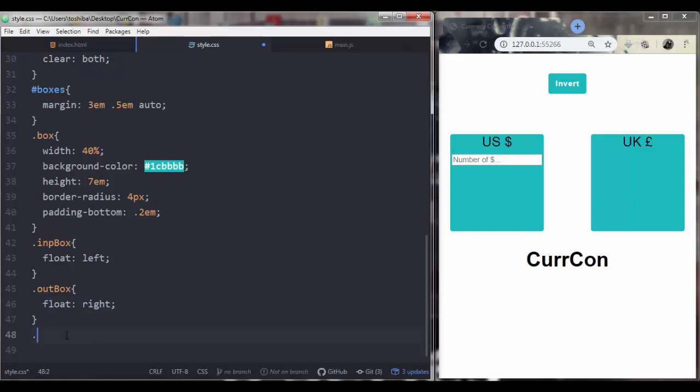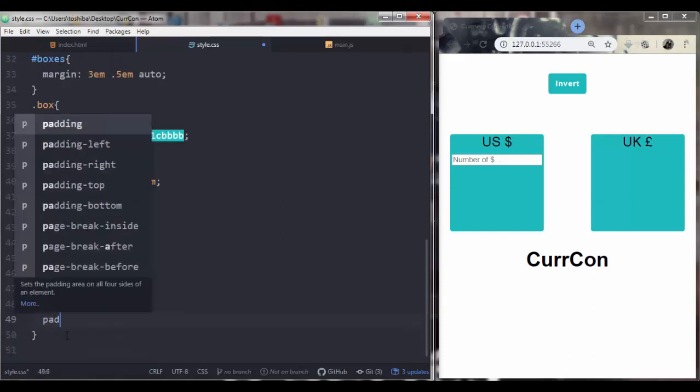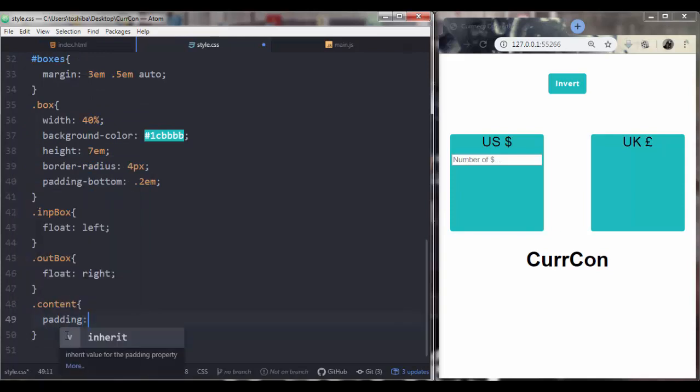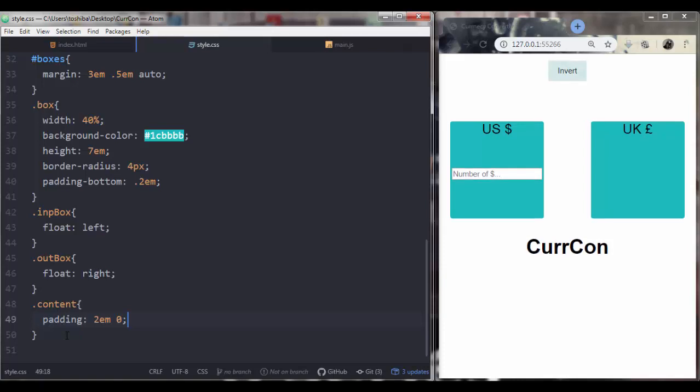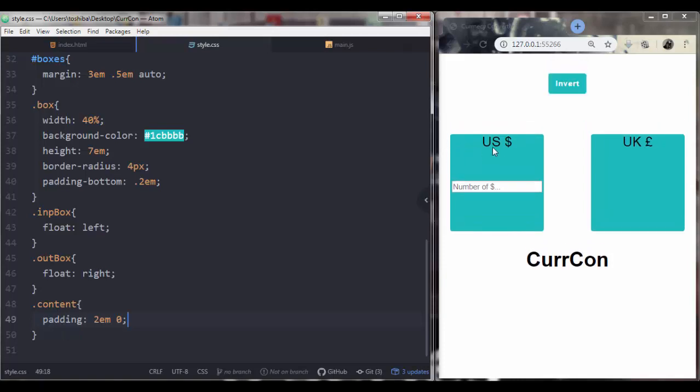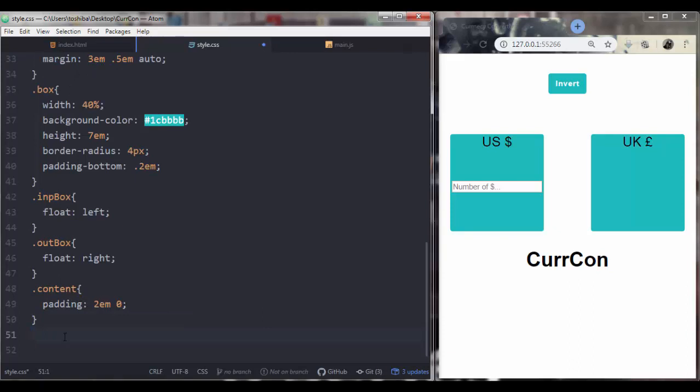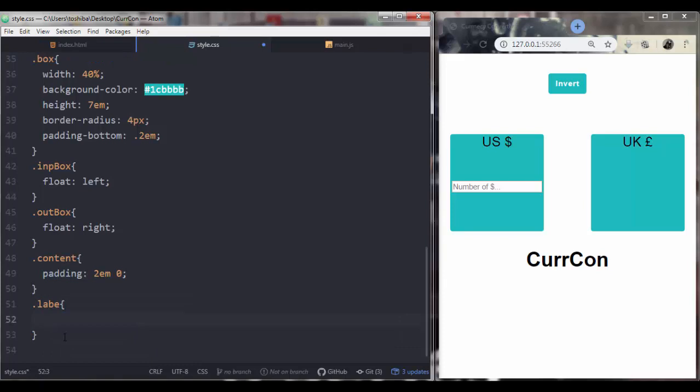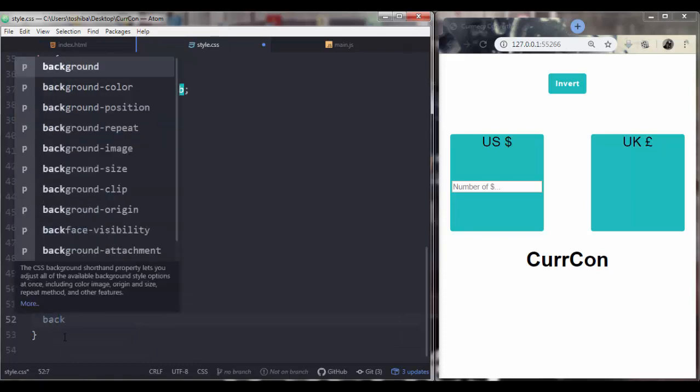So I'll say content, and then padding, I'll say 2M and 0. There is the label boxes, label section in each box. I need some adjustments. So I'll say label, background color teal,